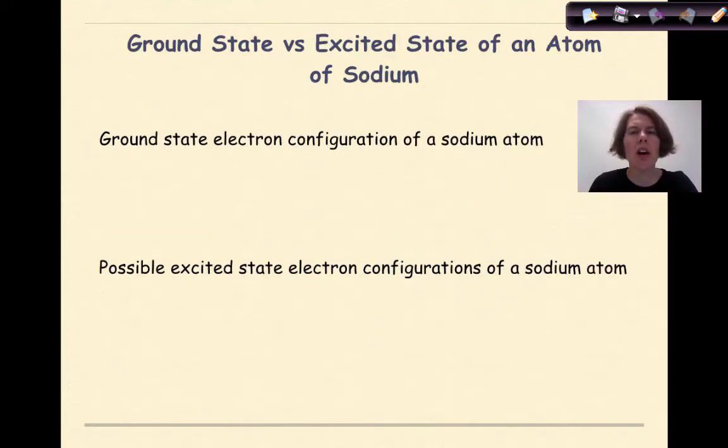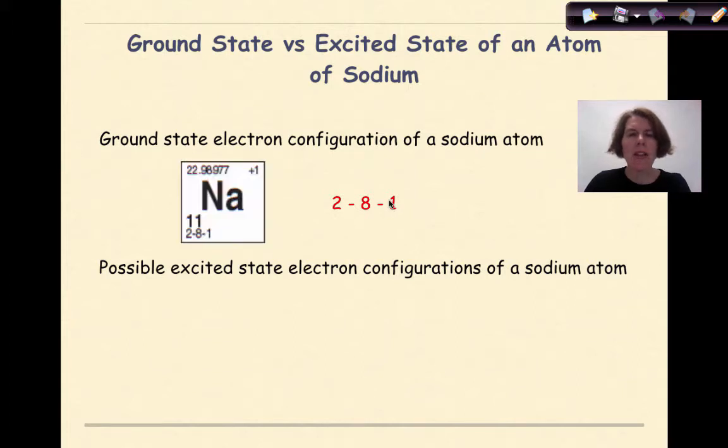So let's first start off by talking about ground state versus excited state of an atom of sodium. So what is the ground state electron configuration of a sodium atom? If you look on your reference table, on your periodic table, you'll see 2-8-1. When you look for the symbol of sodium, now you might say, well, where is that? That's in group 1, and here's my symbol of sodium right here, my atomic mass listed up at the top, my atomic number, which is 11, my overall charge, which we'll talk about later, and finally, here is that electron